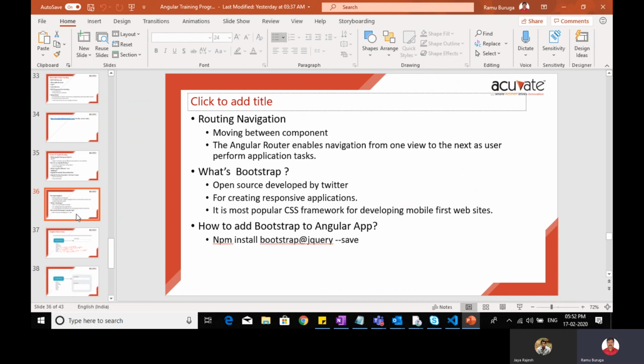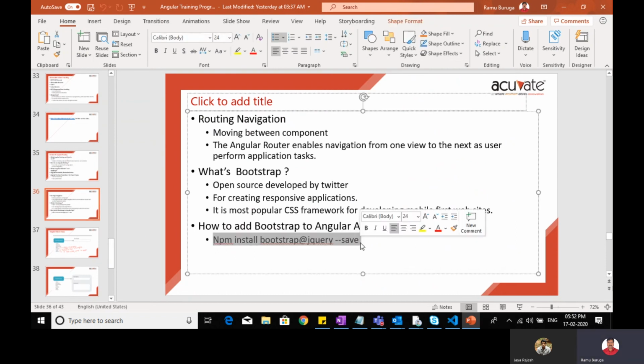We just need to add it to our solution by installing it this way: npm install bootstrap jquery --save. So it will be automatically added in your solution, and you can use whatever features are available in it. But I did not check how it works in Angular, but we will discuss tomorrow. I'll see and tell you if possible.